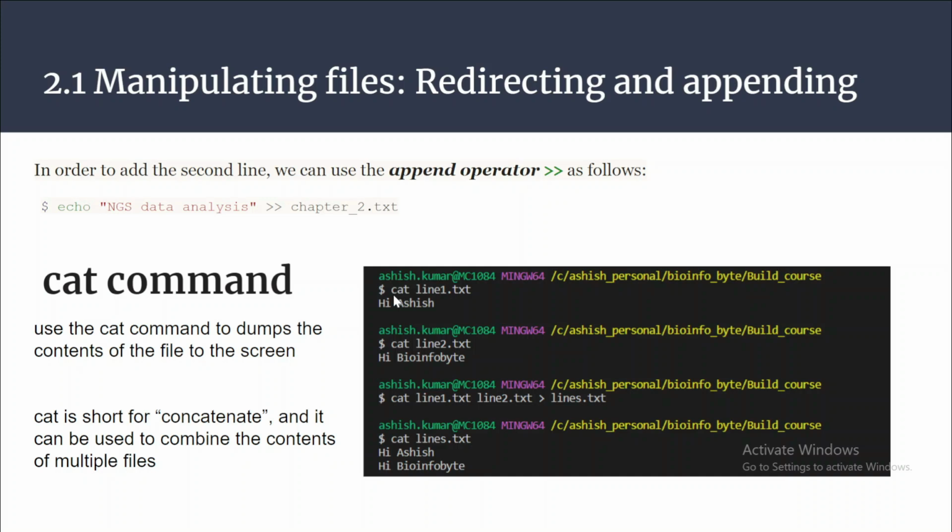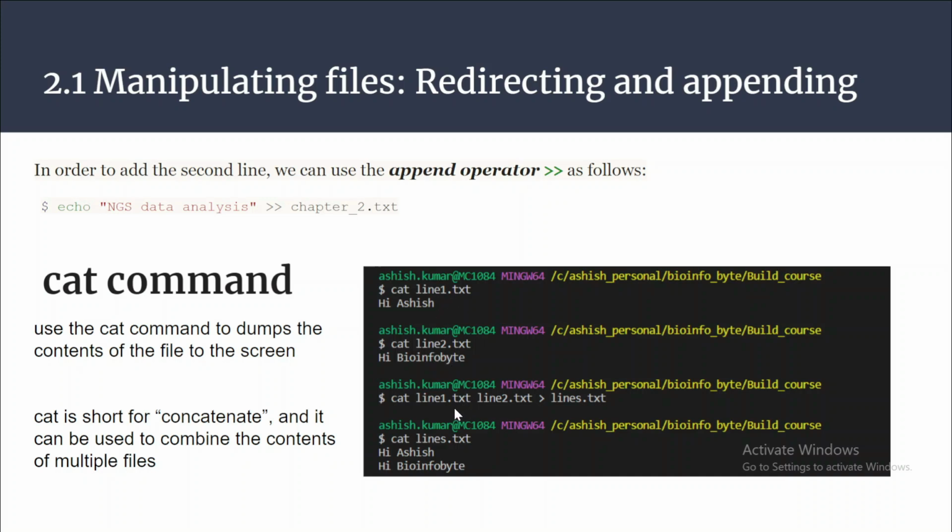In the first command, I want to print the content of a file, that is line1.txt. Within line1.txt, there was a line added by me, that is hi Ashish. It is printing the content. Then I have the next file, line2.txt, and within that file I have the content hi Info Byte. The cat command is used to print both contents.